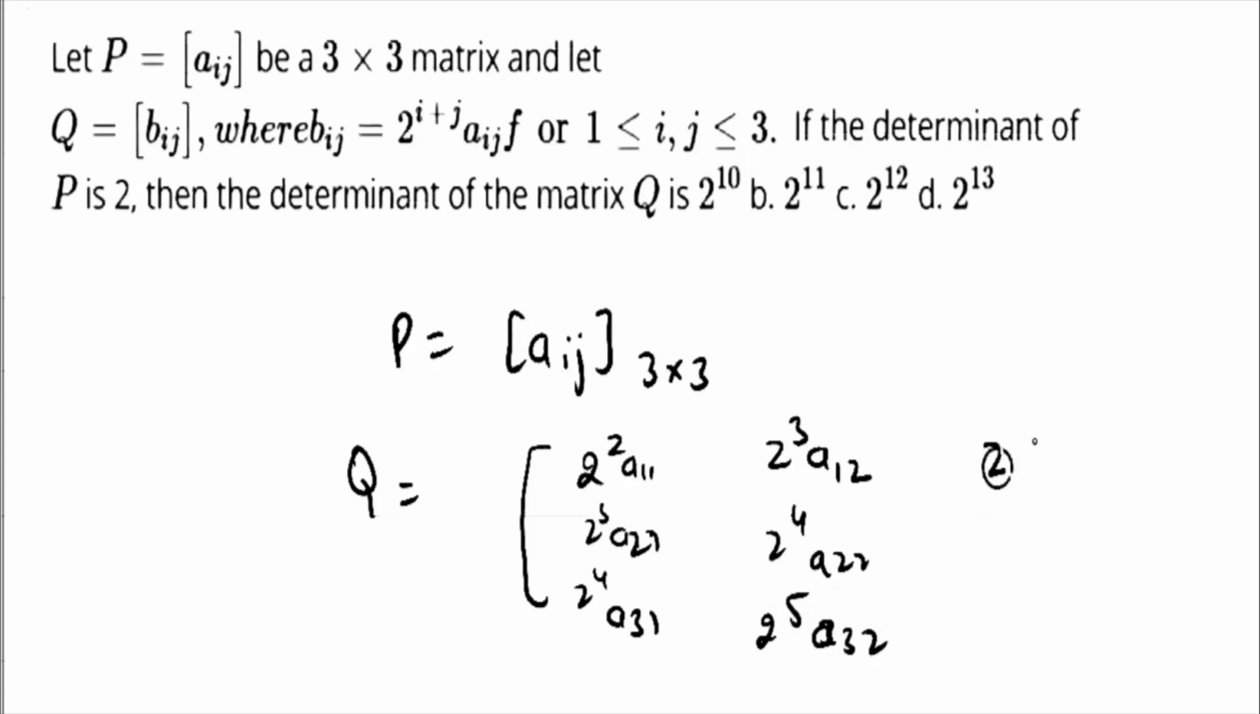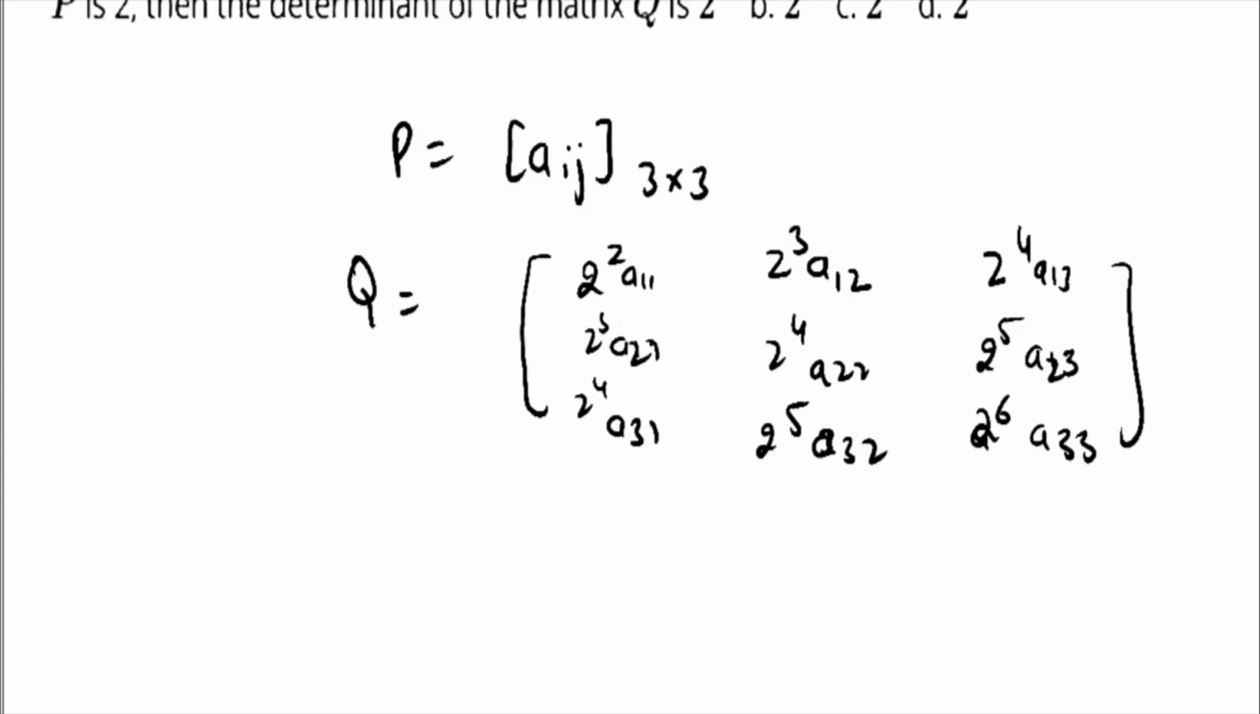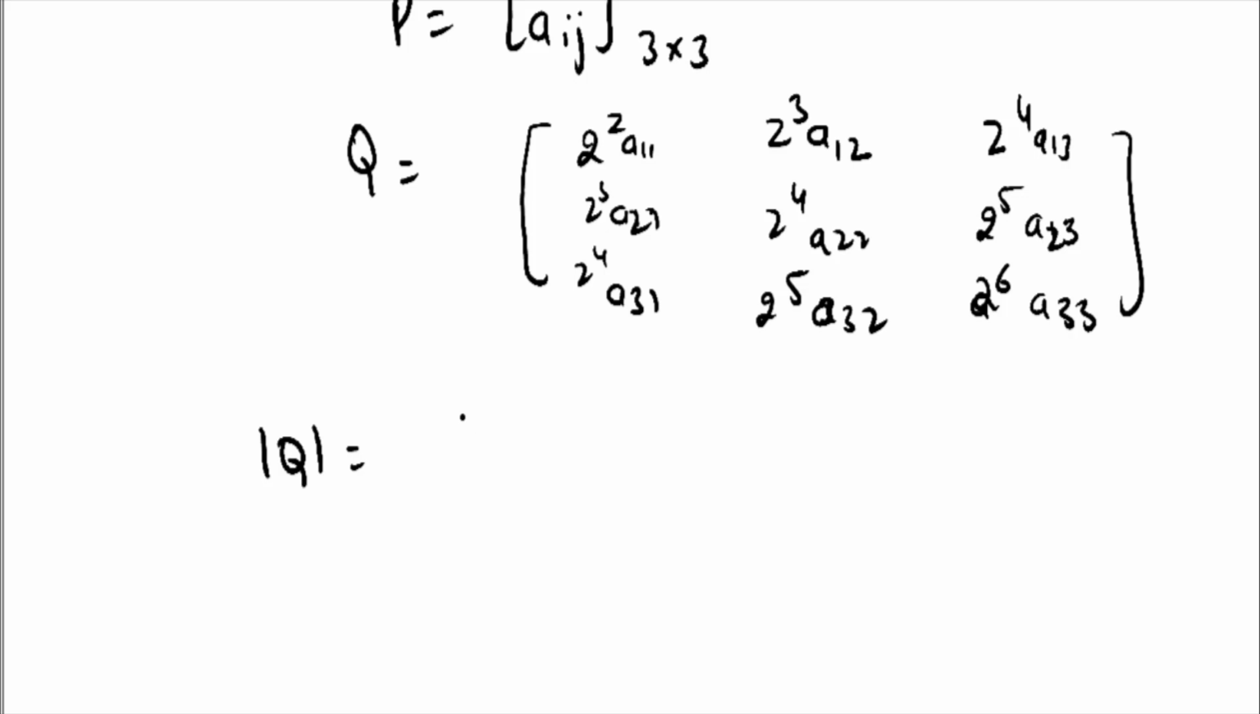Next here we have 2 raised to power 4 into A13 and here we have 2 raised to power 5 into A23, and here we have 2 raised to power 6 and here we have A33. So this is the matrix Q. Now find the determinant of Q. So here the determinant Q will be the same,